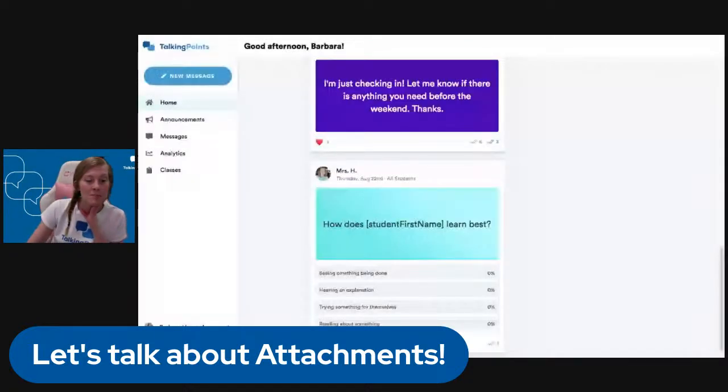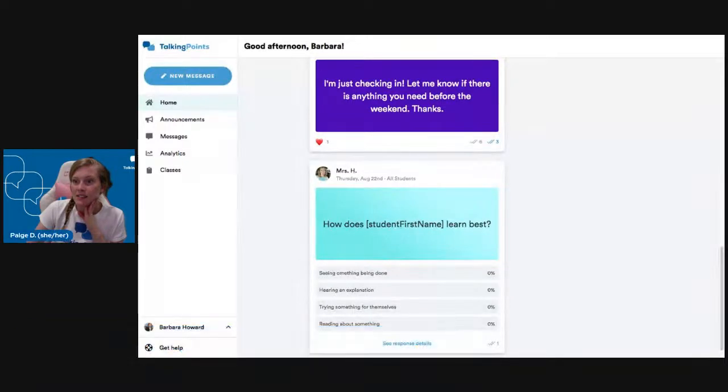Okay, so I pulled up the same poll in my other account that I had created. It says, how does student first name learn best? So parents would have seen that with their child's name in it. It would have been a little more personalized: seeing something being done, hearing an explanation, trying something for themselves, or reading about something. And if I had received responses from that one, I could see them in the poll breakdown, and I can actually go